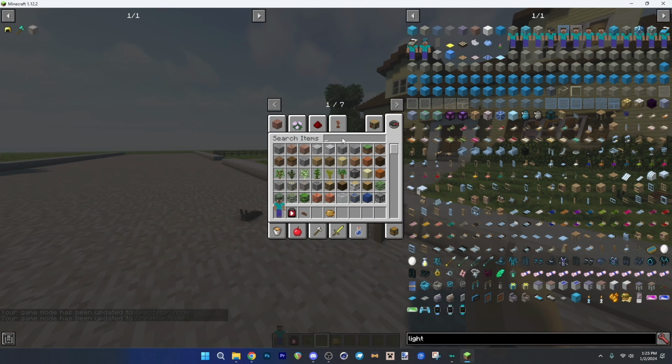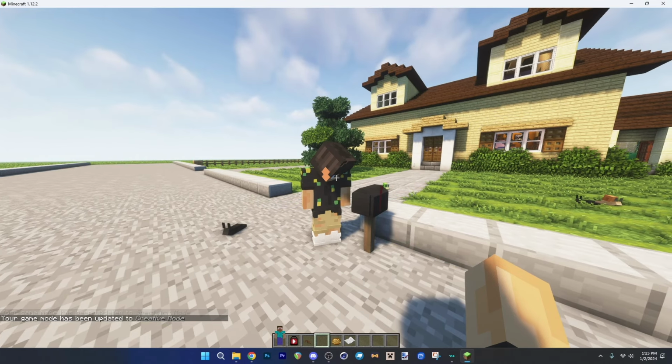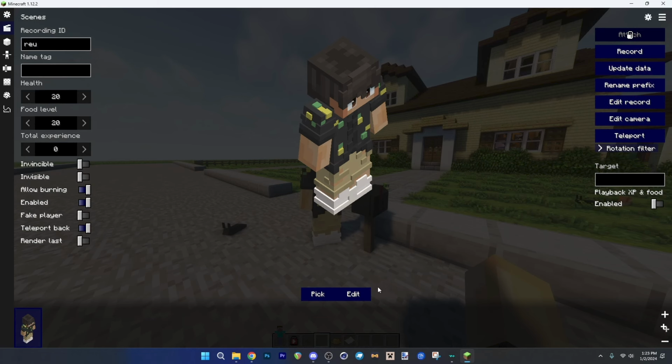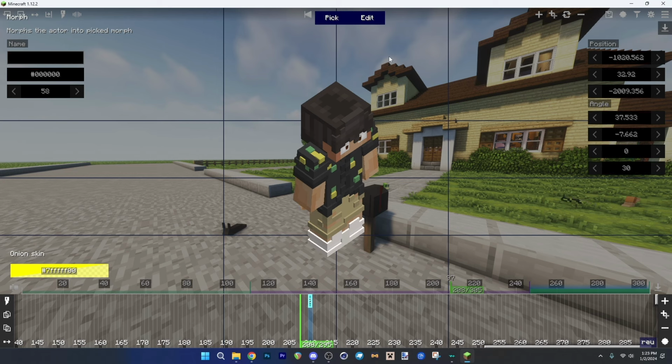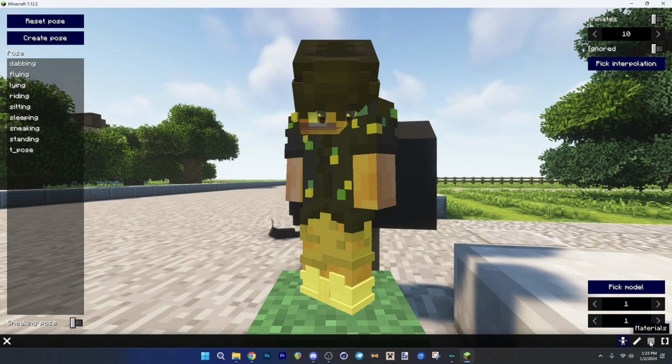You're going to grab maybe like a piece of paper or a sword or whatever you are deciding to do. So you're going to press C. You're going to go into camera editor. And then you're going to go over here. I'm going to click on the morph. You're going to go to edit. And then you're going to go to